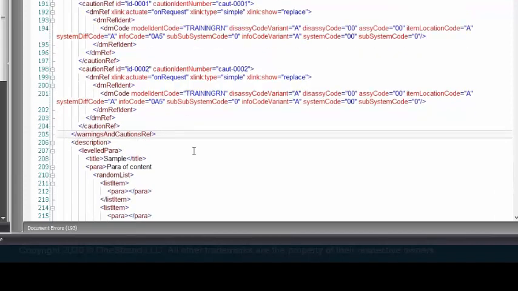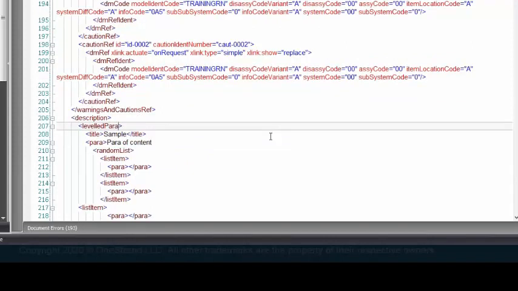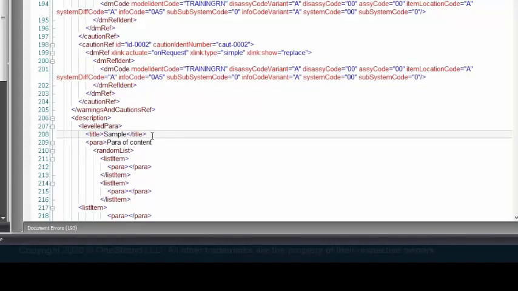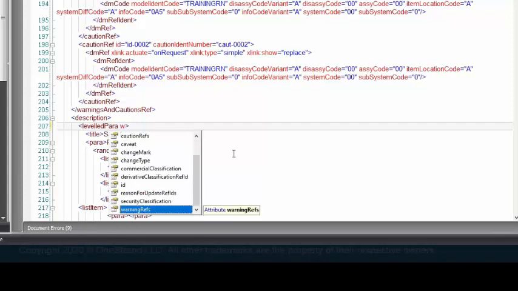So if I was going to add some content, so let's say at this particular level para, I wanted to add a warning. If I was doing it the stock standard traditional way, I would put my cursor after the closing tag of the title, and you can see I've got warning, caution, and note available. But as we know, with version 4 and above, they allowed you to put the attribute on. So what you would do is come into the level para element and select the attribute. If I press my space bar, my list of attributes comes through, and if I select warning refs,